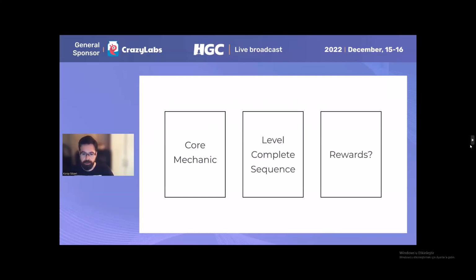Let's take resource management for example. If you are developing a casual game, you would most probably have to develop an economy system. When you develop a series of actions of a game in order, you will have developed a core mechanic first, then maybe sequences between levels. Then you would have to decide how you will handle giving rewards to the player at the end of a level,